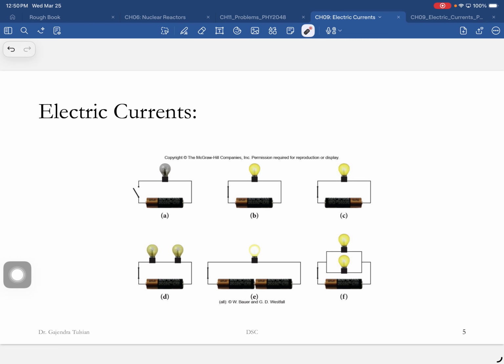What is an LED bulb? It's 90% efficient. Okay, we've all got to switch to LED bulbs. All right, so